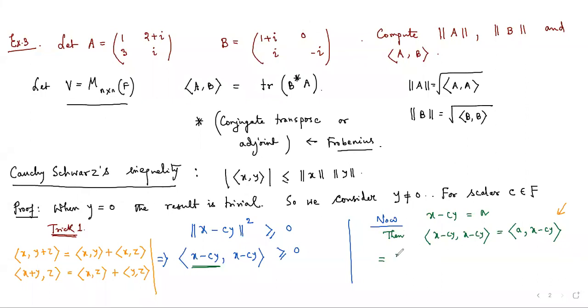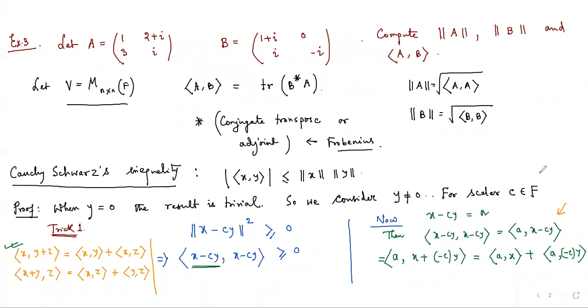We can write it as a(x plus minus c y). And then immediately we can write it as inner product of a with x plus inner product of a with minus c into y. I'm applying this rule. Just observe. So therefore,